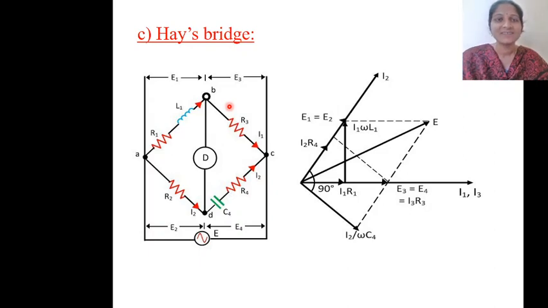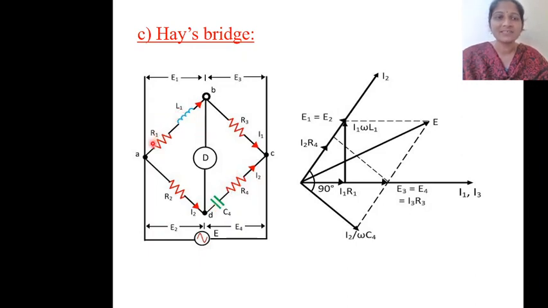One of the disadvantages of Maxwell's inductance capacitance bridge is that in the fourth arm you are using a variable capacitor, and a variable capacitor has a high cost. In order to overcome that disadvantage, you use the Hayes bridge. In this Hayes bridge, you use a standard capacitor in the fourth arm. This is not a variable arm. This is a standard capacitor which is not varying. So that disadvantage can be overcome here.